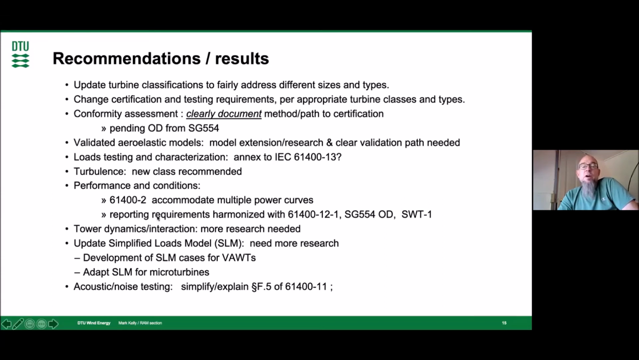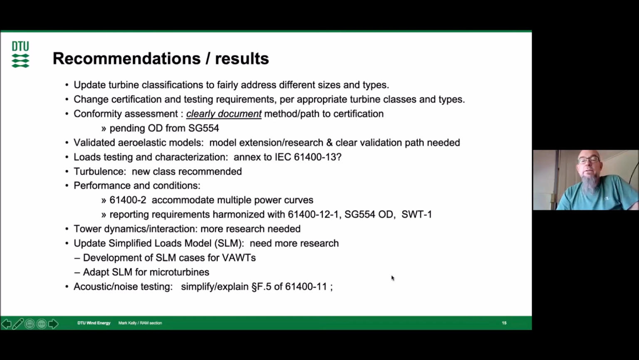So the reporting requirements also, there's all this bureaucratic sort of work. Like the reporting requirements need to be made consistent with these other standards. And yeah, a lot more research needed with tower dynamics and SLM. And yeah, the noise testing, basically just some simplification and translation needed in the current turbine